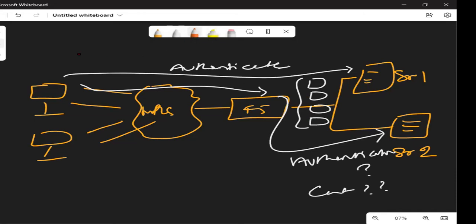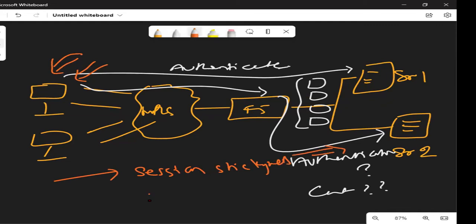See the customer experience with such a shopping site. Very bad. So session stickiness should be there.